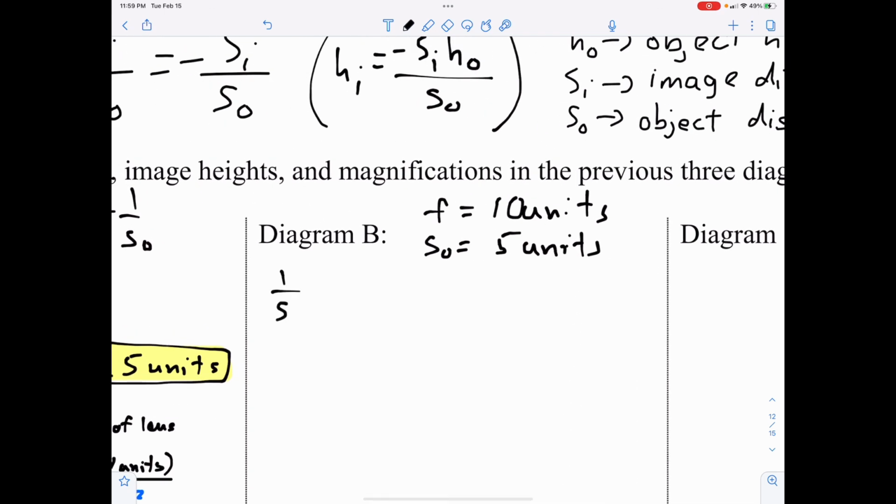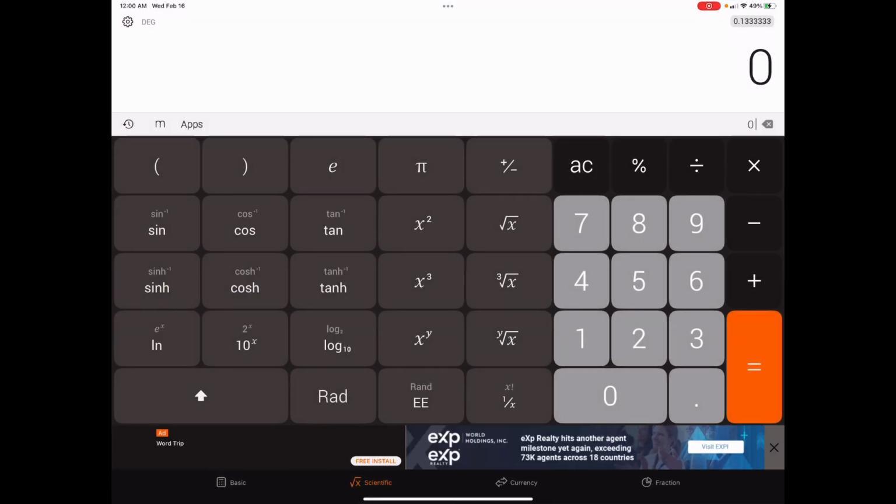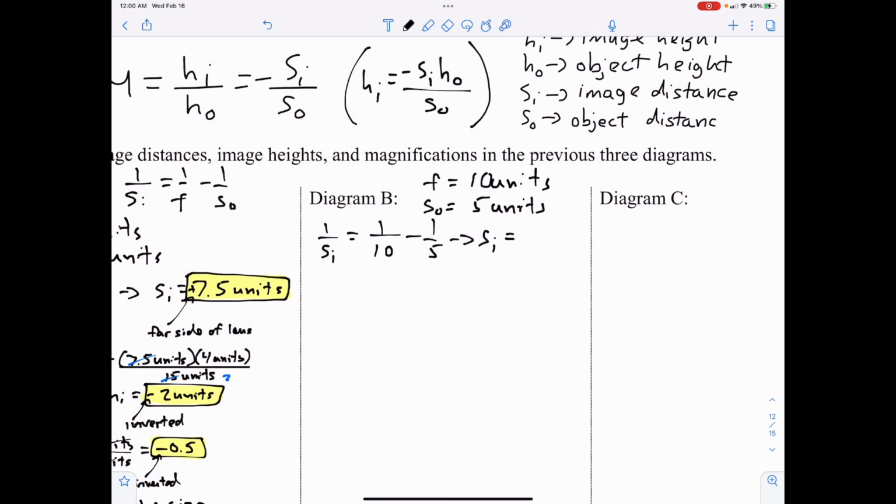So 1 over SI equals 1 over the focal length, 10, minus 1 over SO, which is 5. We're going to go 10 inverse minus 5 inverse, then inverse our sum, and we get negative 10